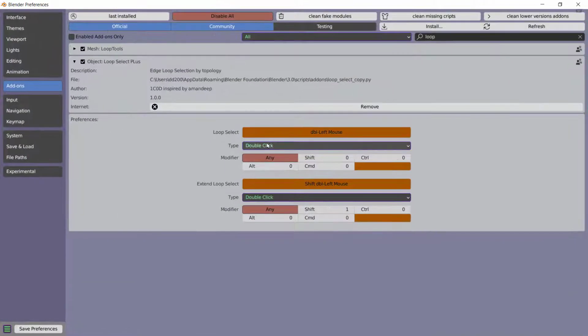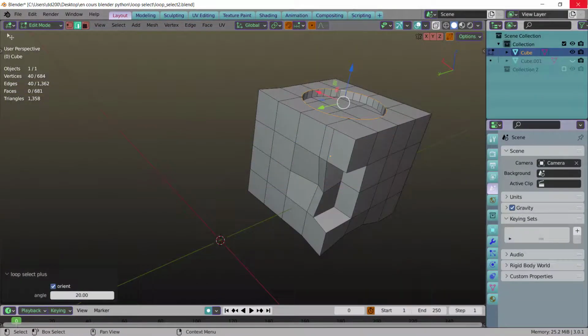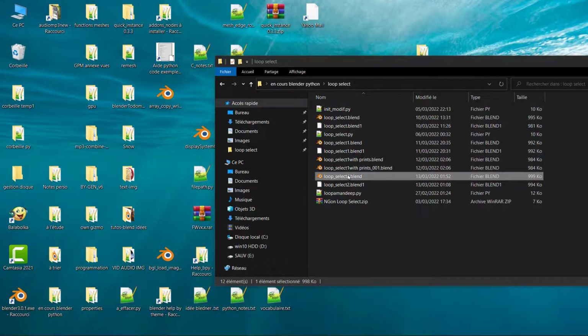And now we have the properties with the hotkeys. So if we want to change this to middle click, I do middle click there and shift like this, or I can do of course shift middle click. Okay, so I can save, and I will restart to see if it is okay.